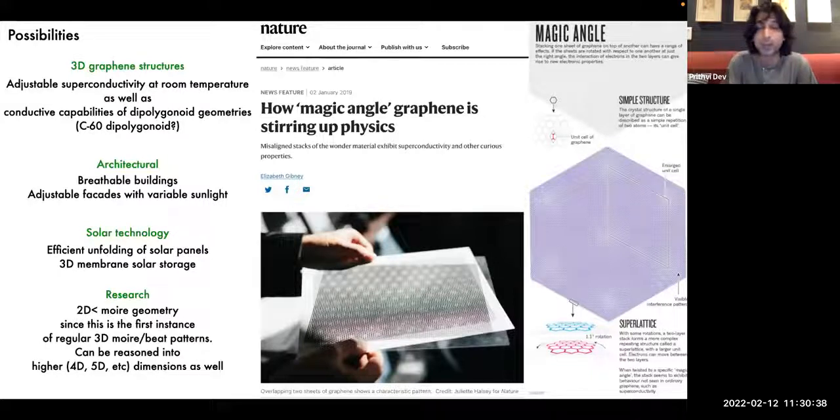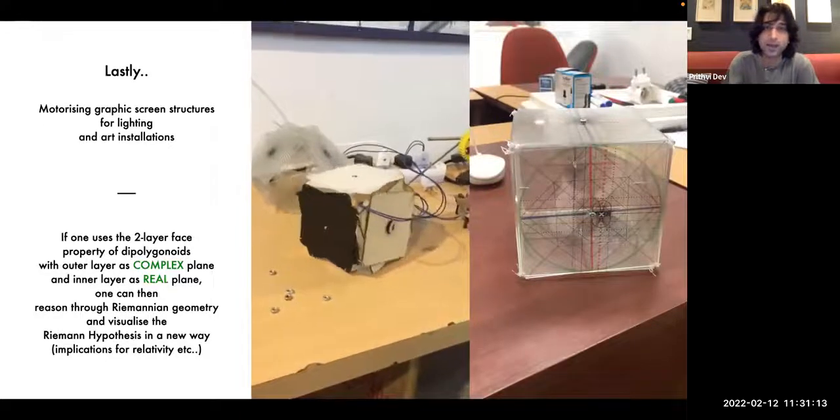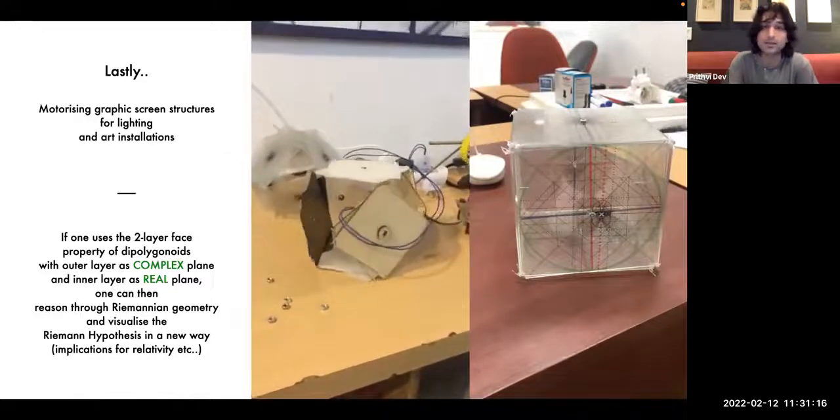One can use these same dipolygonoids and 3D geometries that are kinetic and expand and contract to create some cool technologies. And research into high dimensional Moire patterns as well, because now that we know that, you see that tetrahedron Moire cell, for example, would be a regular three-dimensional animation because the structure and the two-dimensional Moire both have the same period and cycle. One can, I guess, reason upwards through higher dimensions. And of course, I have to also motorize some of these things and create some nice